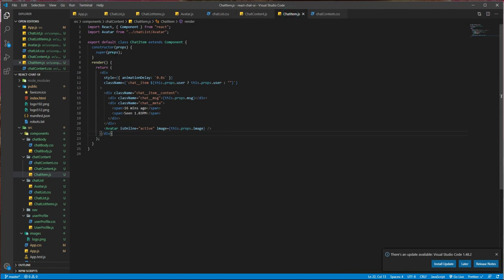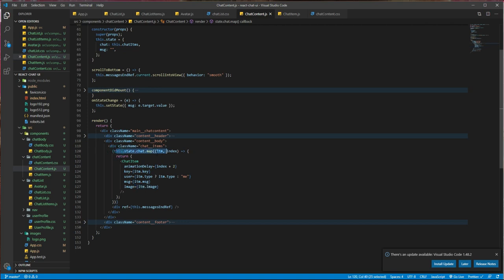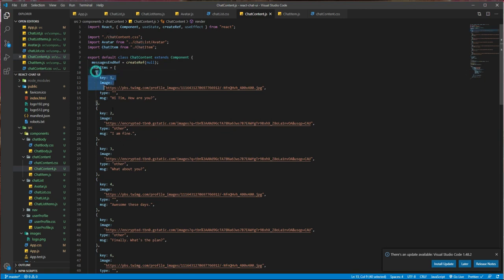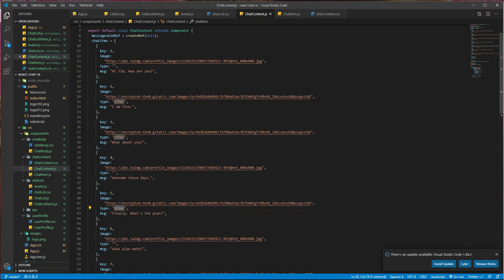And here we got the data by props and used the image and the class name here. We are looping through the chat variable. So what is the chat variable? I declared some static chat contents like the user image, the message, and the type. What the type means is, if the type is blank, that is me. If the type has the word other, it means the other user sent the message. Okay, so this is the other user's message, this is my message, this is the other user's message, this is my message.